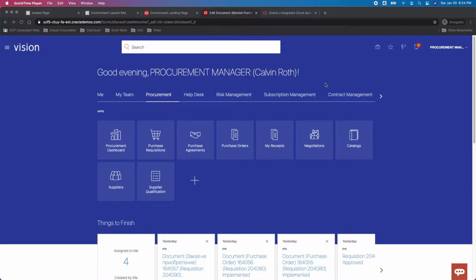Hello and welcome to the sneak peek video presentation for purchase orders. The video presentation is going to take a quick walk through the purchase order functional work area. So as you can see here, we are logged into the seated environments as Calvin Roth. Under the procurement